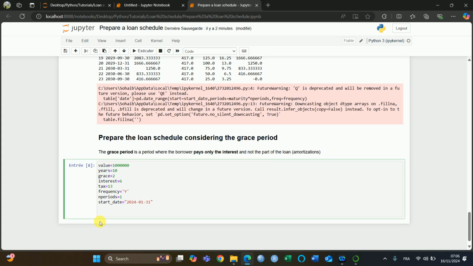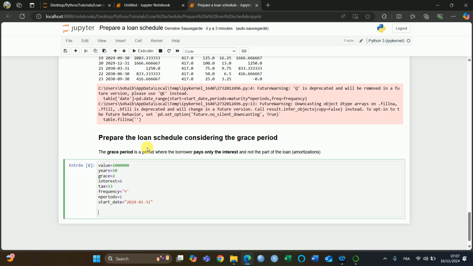So today we are in the second part of the preparation of the loan schedule in Python. And in this video, we will be considering the grace period. The grace period is a period where the borrowers pay only the interest and not the part of the loan, which is the amortized amount. So we are going to try to write a code that will automate the preparation of the loan schedule by